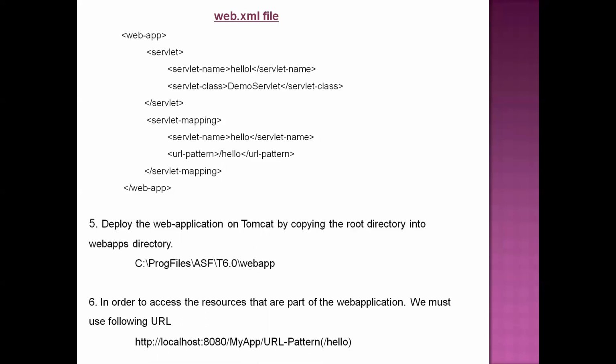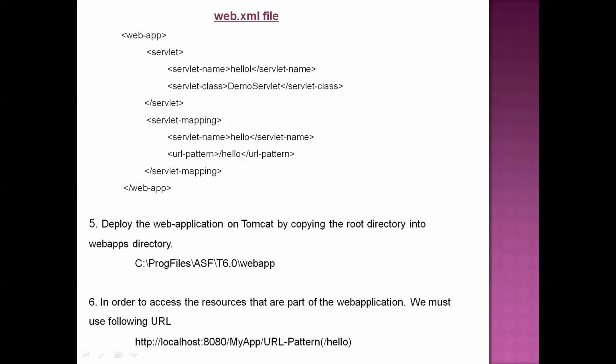Now the next step is executing your application. So how to execute your application? For executing your application, you have to send a request from the client. For sending that request, we need to open the browser. Then from the browser, we need to send the URL to the server about our web application, right? So what is the URL here? The URL will be like this,